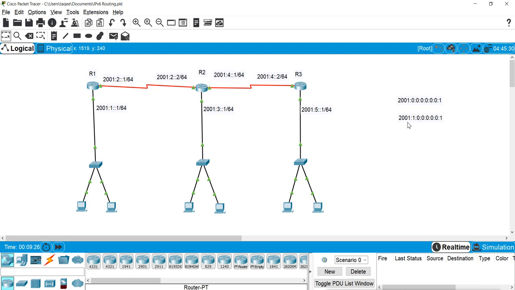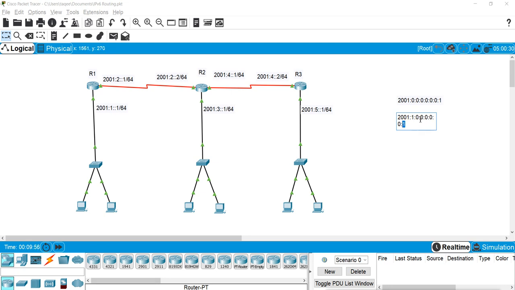Now in this, you can see the first 64 bits are the network part, and 2001 colon 1 is the network. Then the rest of the bits are 0, so I used 2 colons here for all these zeros, and this is the first IP address.